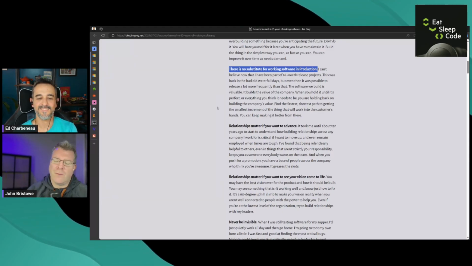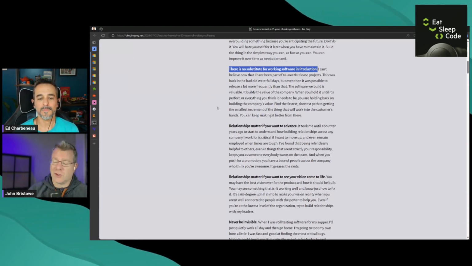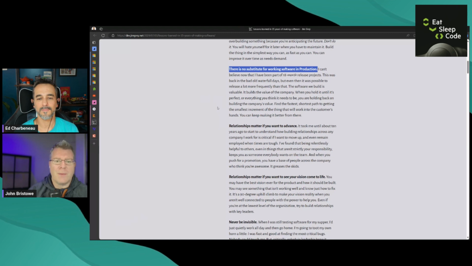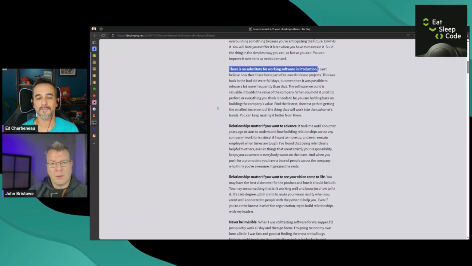So working software in production, there's a tool you can use to do this. It's called Octopus Deploy. You can use a continuous delivery strategy and use a deployment tool to do this. But the idea is that you would complement that through a feature flag capability, so you can turn these things on and off quickly.